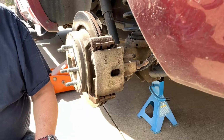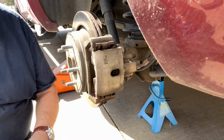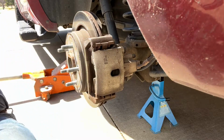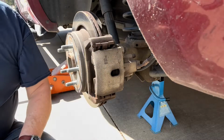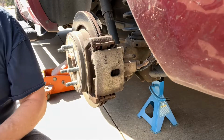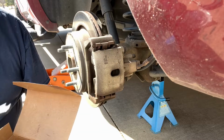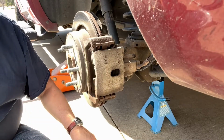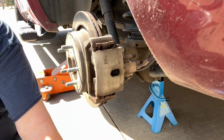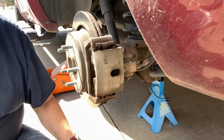So to avoid gouging up my rotors, I'm going to go ahead and replace them. I got some Bosch pads, nice pads, and we'll go ahead and